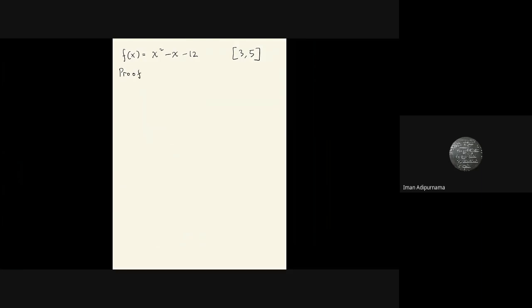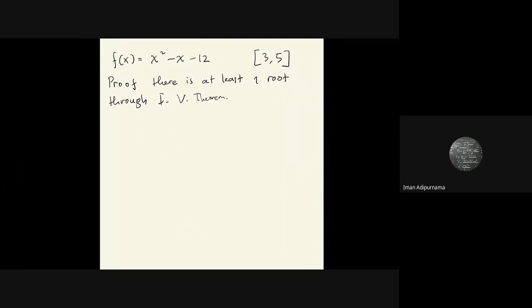Prove there is at least one root through the intermediate value theorem. I think this function is easy to factorize, and you know the root directly, right? But if you want to follow the theorem, then